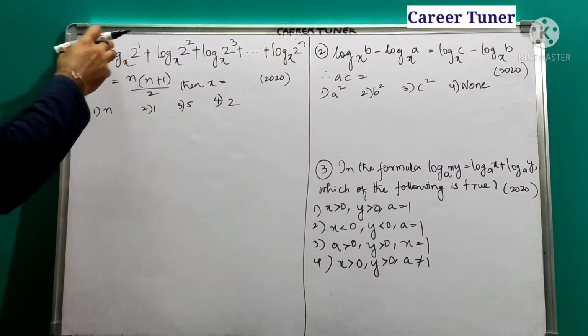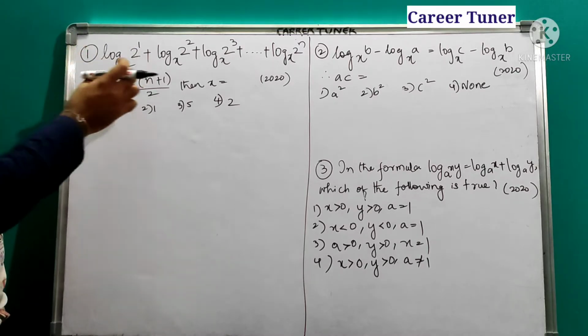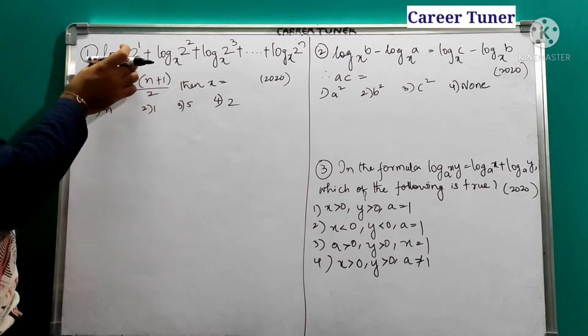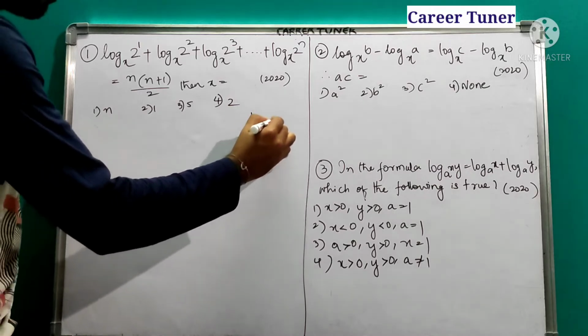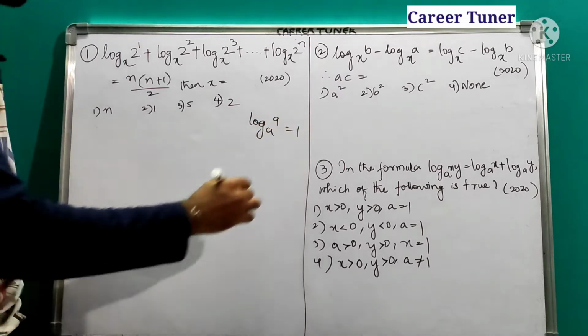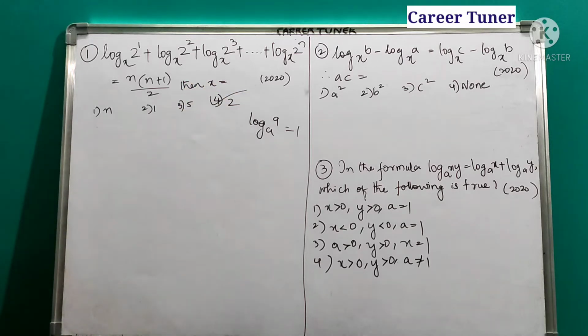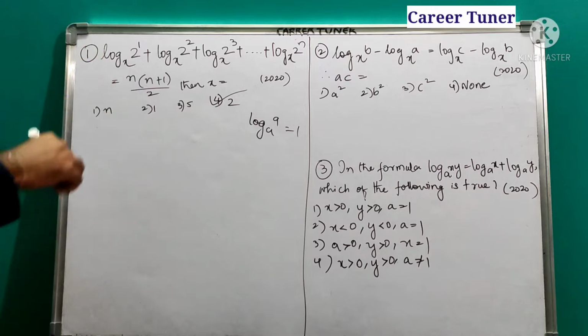So if here you want to get 1, what should be the value here? It must become 1. Already this is a power, this comes to the front side. Here also it is a power, it comes to the front side. So this value should become 1. When all these values become 1, we know that log a base a only gives us 1. That means what should be the x value? The x value is nothing but 2. Okay. Or else if you don't understand, we will do it with another process.